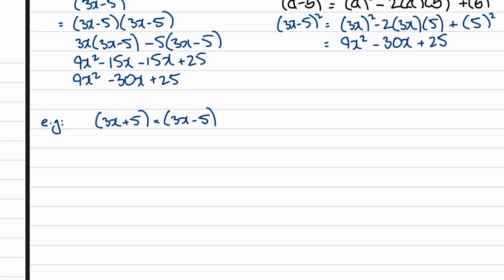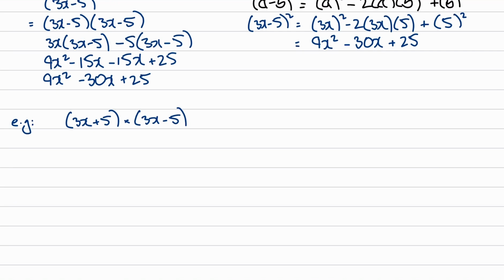So let's first do it that way, which is 3x into 3x and minus 5 and then plus 5 into 3x and minus 5. So this turns out to be 3x into 3x minus 5 plus 5 into 3x minus 5,